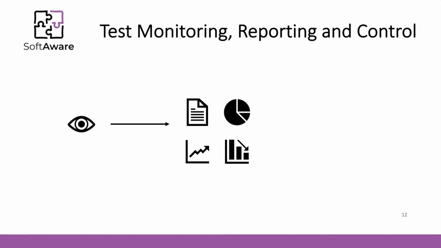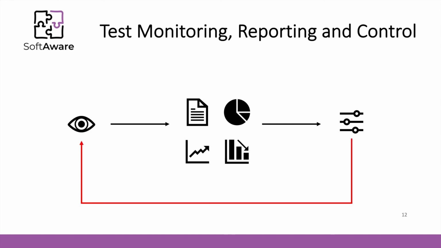respect to objectives. Test control describes any guiding or corrective actions taken as a result of information and metrics gathered and reported. Actions may cover any test activity and may affect any other software lifecycle activity or task. Examples of test control actions include making decisions based on information from test monitoring,